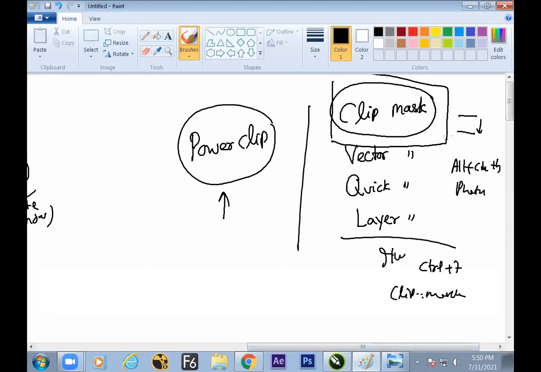The topic was power clip. What is the method? Step number one, select the object. Step number two, go to the Object menu and power clip.